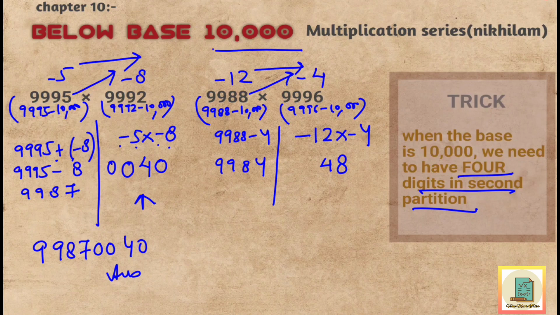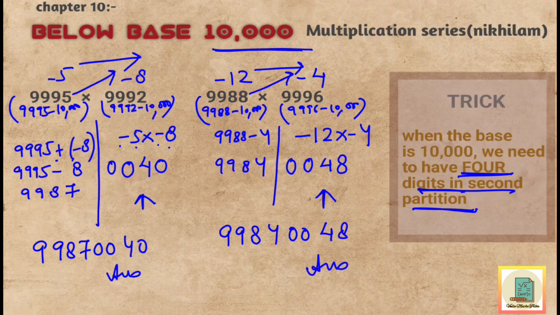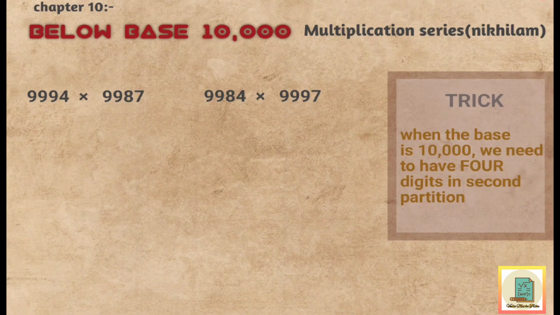Now, since the base is 10,000 and we need to have 4 digits in the second partition, since we have 2 digits over here, so we'll add 2 zeros before the number. So the final answer will be 99840048. Now let's take some more examples to understand this concept better. Now the first question is 9,994 multiplied by